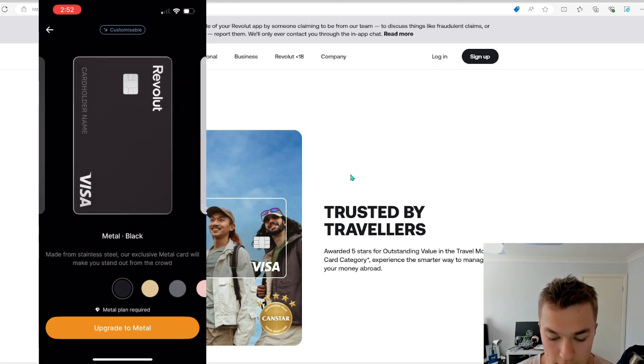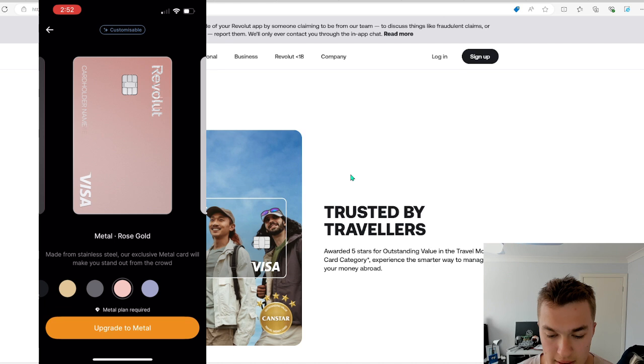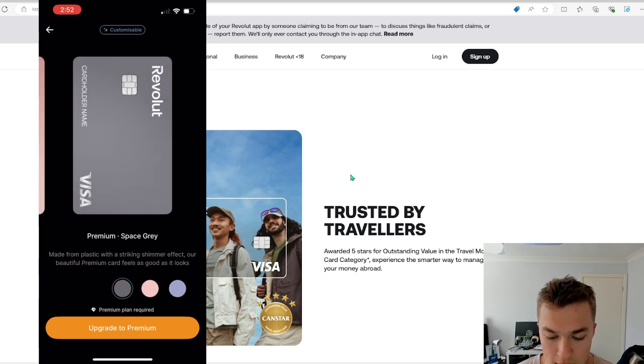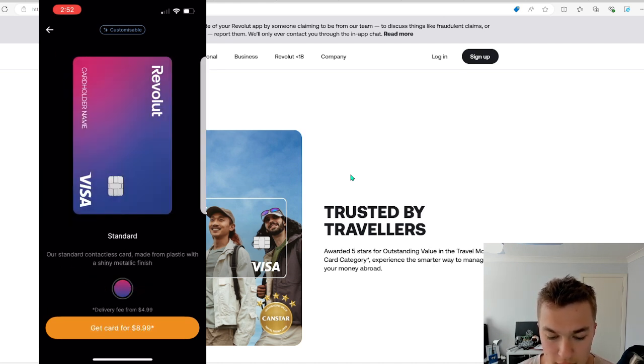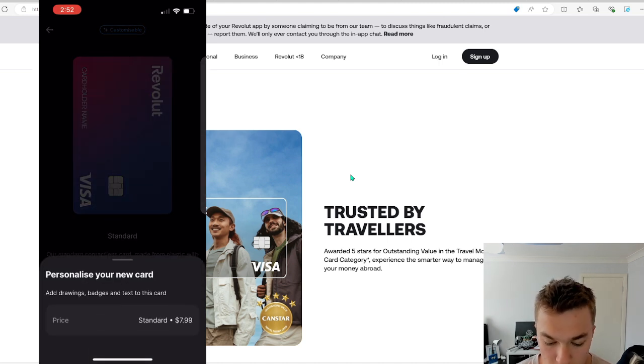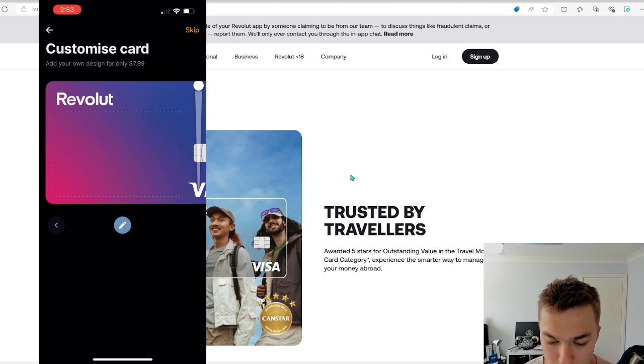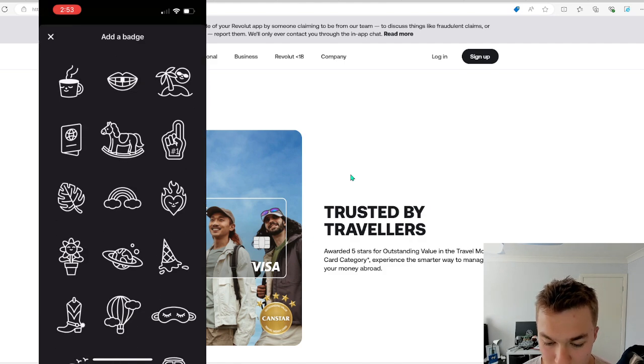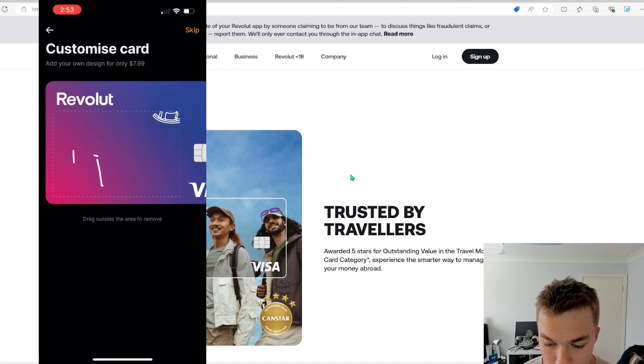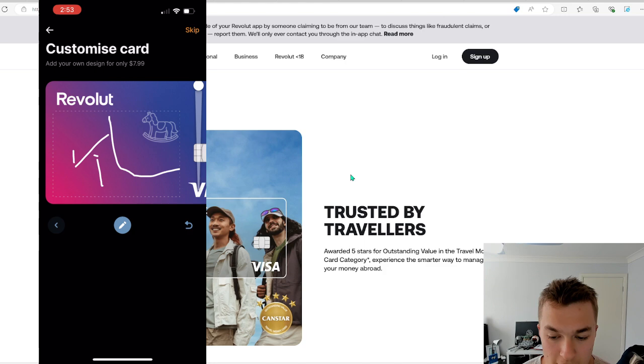You can see you've got all different options. Obviously this requires a different plan, which we'll go through soon. Premium, space gray, there are a bunch of different designs, and then you can also customize it. So if we go customizable, there we go, we can add drawings. We could do the letter A, we could write hi. It's really hard to do. Or we could add little emojis, right? A unicorn, there we go, put a unicorn up here, and then we'll draw a little, sure, we'll do that, right?